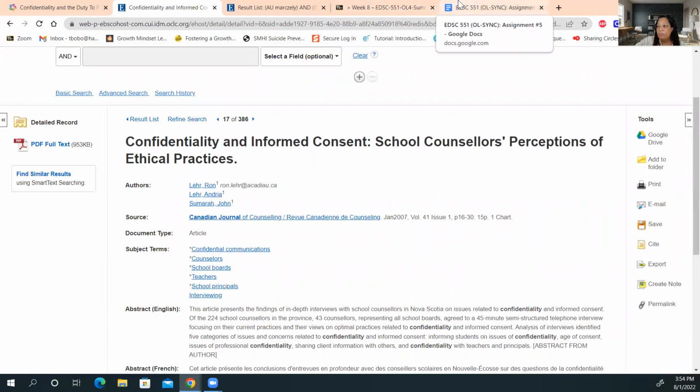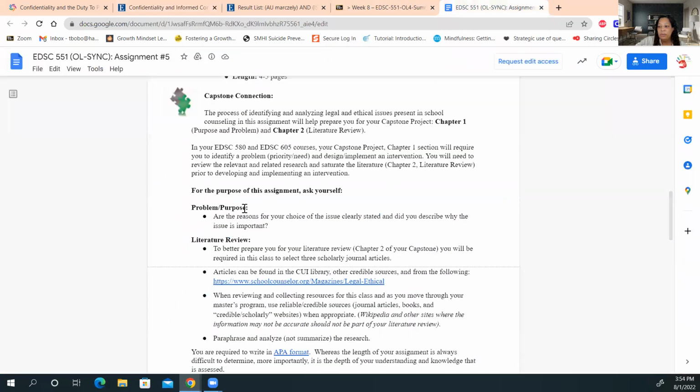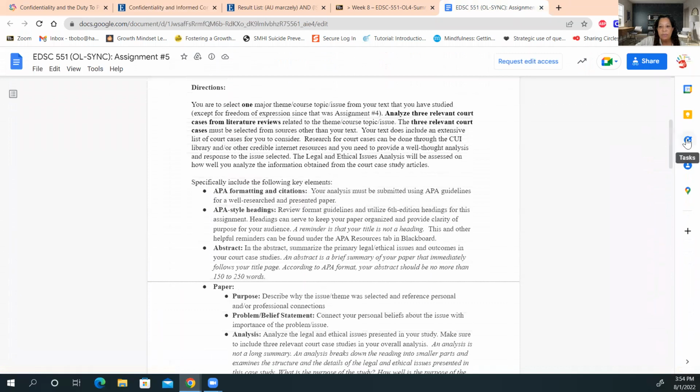So again, for this particular assignment, we are going to make sure that we synthesize the 3 literature reviews and analyze and synthesize, which is different from summarizing. Summarizing means you say, this happened in this article, this happened in this article. No, when we're synthesizing and analyzing, we're taking the information, the things that they found in common, the things that were different perspectives, from the time they were written to current practices. So we want to take a look at all of that.